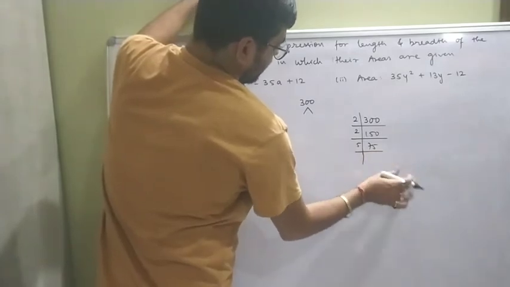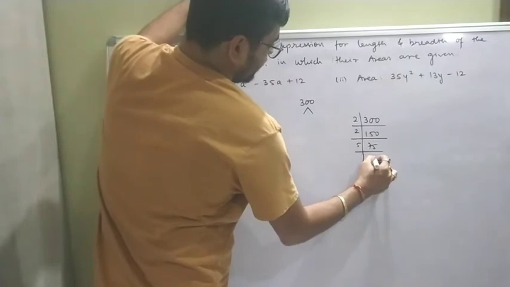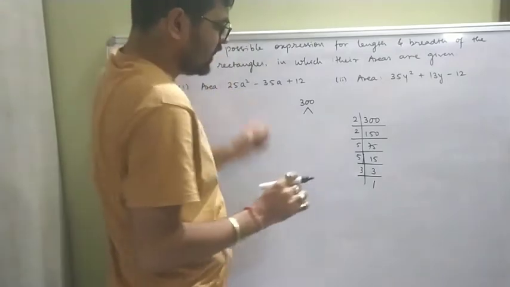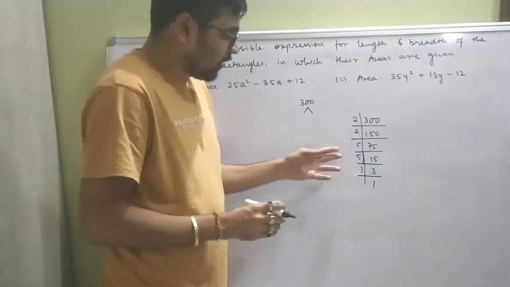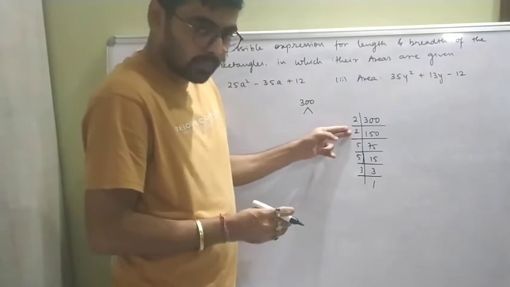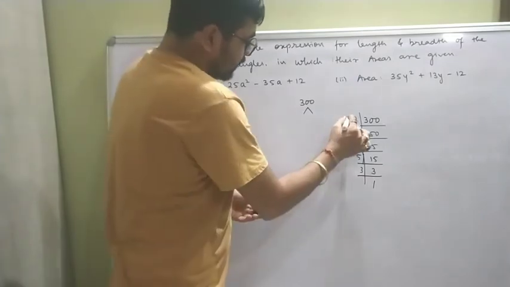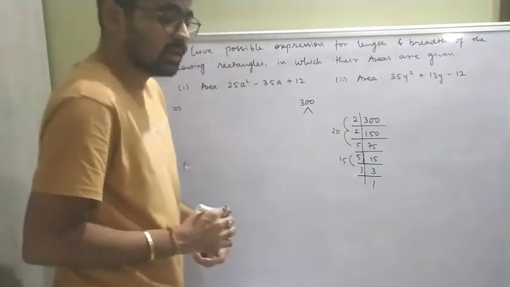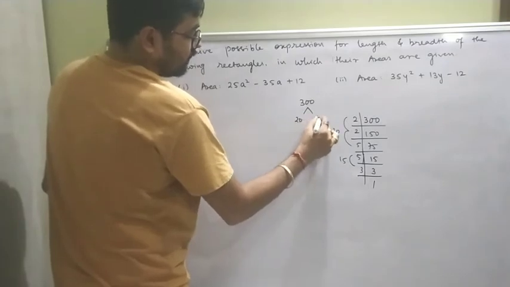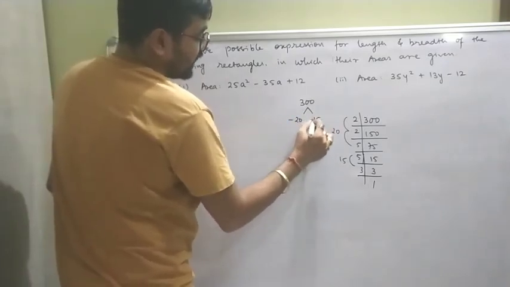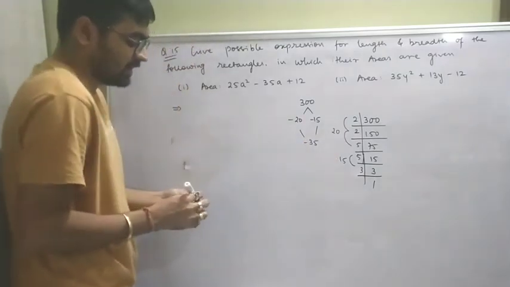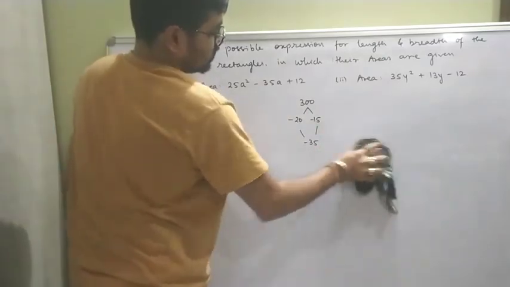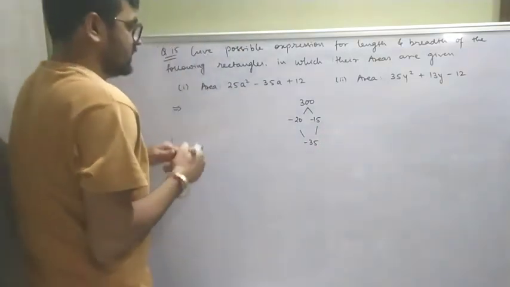Sorry, not 25. My bad. 5 में करेंगे. 5 1s are 5, 15, and 5 or 3 and then 1. So let me say something like, we have to arrange from these only, correct? So 5 2s are 10, correct? 10 2s are 20. Product of these 3 will be 20 and product of these 2 will be 15. So 20 and 15 will be 35. So let's say this is 20 into 15. But we'll take both of their negative sign, then only I will get -35, otherwise not. I hope you can understand, correct? So I got the splitting the middle terms.